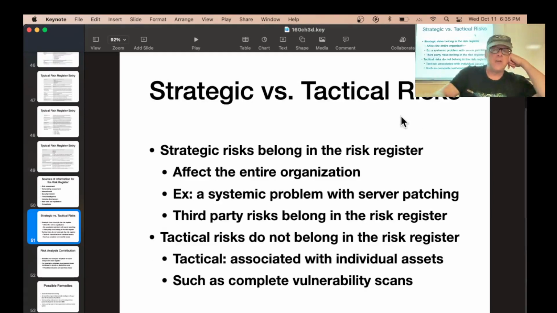So the strategic risks are what belongs in the risk register. Strategy is long-term thinking, so a tactic is short-term. You do a tactic to win one battle, but a strategy to win the war. And the thing that belongs in the risk register is strategic risks, things which could destroy the company completely. That's the main thing you want to have there, that affect the entire